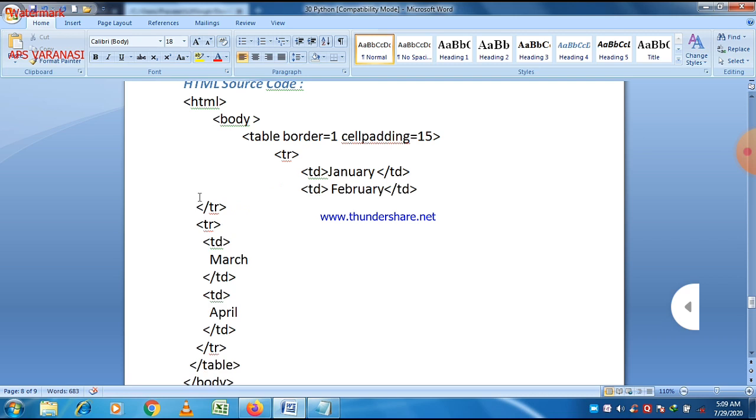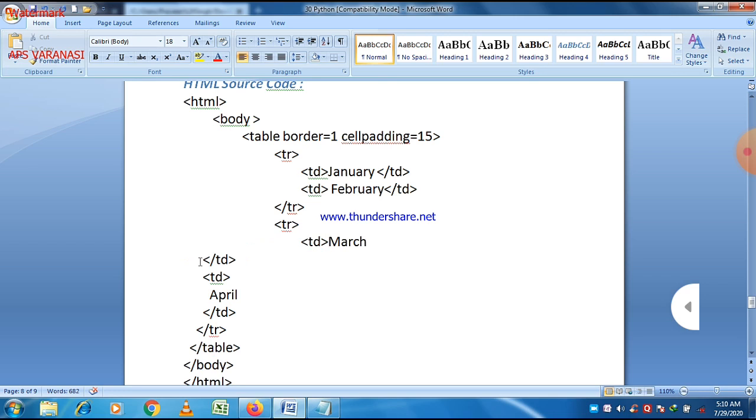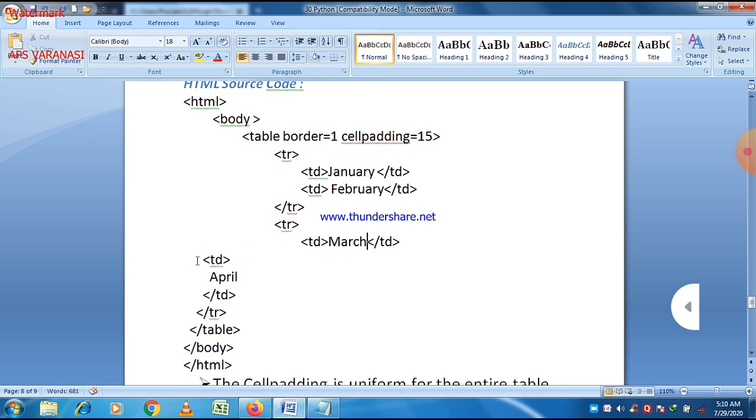After that we can easily close the TR tag here, and then the next TR tag we can see here. And then another TD tag inside the TR tag. This program is the same, but the only difference is that in this program we use the concept of cell padding in place of cell spacing here.